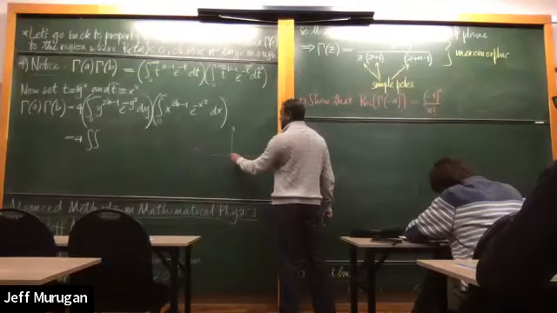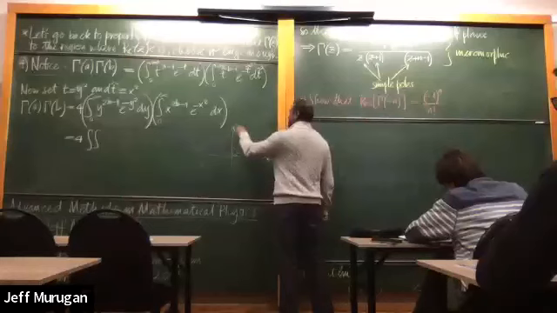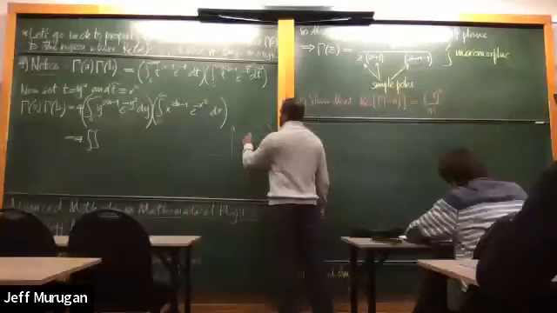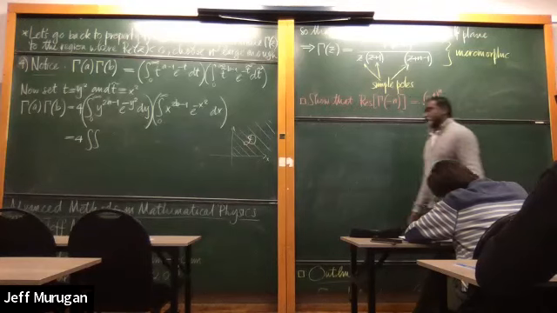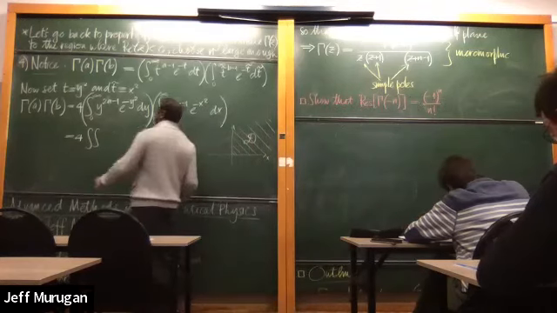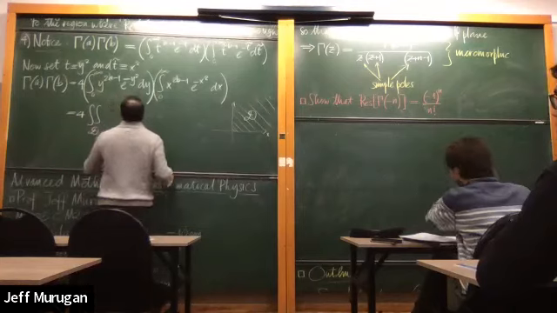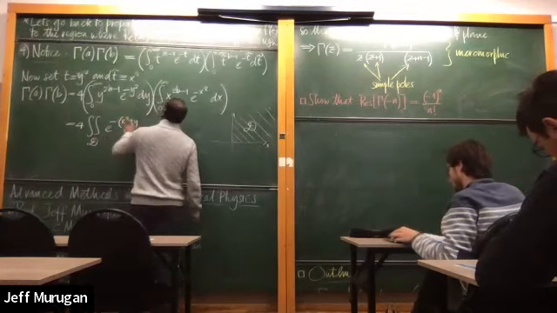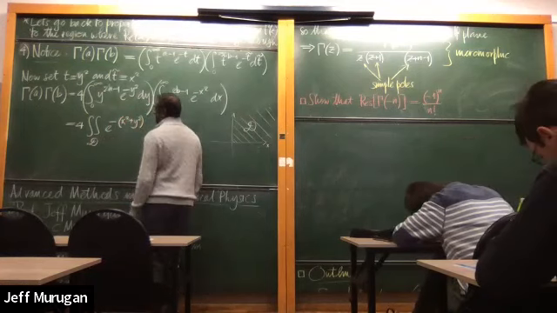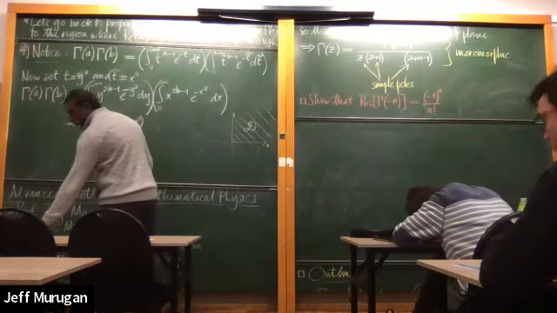In other words, our double integral covers this domain, let's call it D. Okay, so I do the integral over D of e to the minus x squared plus y squared times